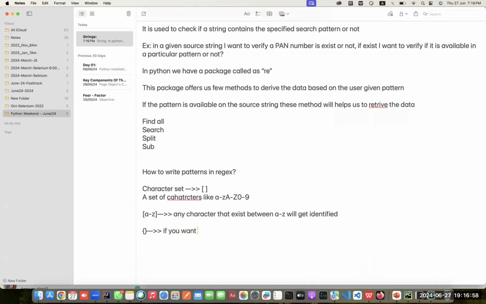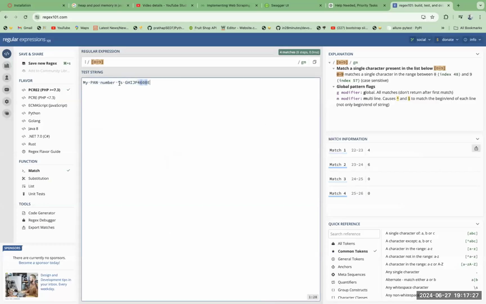If you want to identify a pattern with a defined size, we use curly braces. Here we have to tell the size, how many characters you want to identify. Now tell me, in this given string,